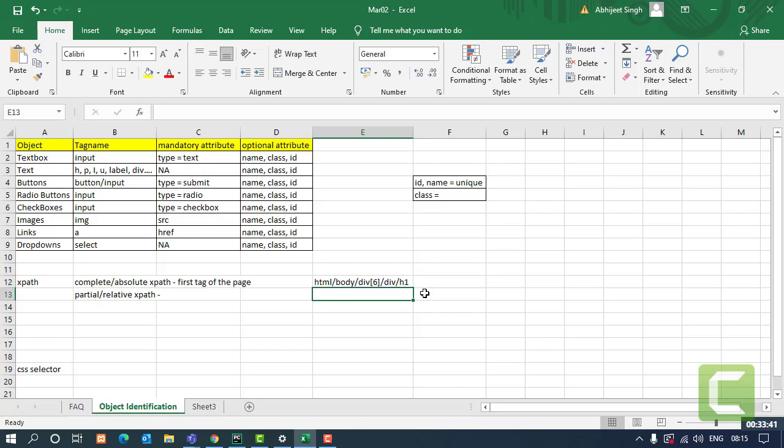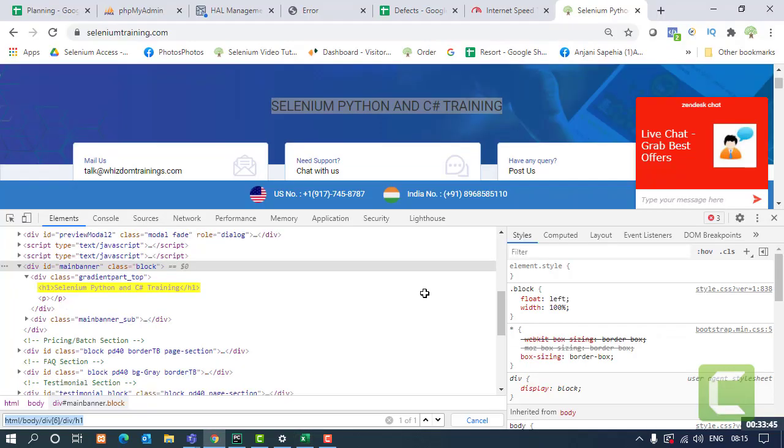If I make the XPath again for this element only, but this time I'm going to make the partial XPath. And what my partial XPath says is that the element from where I'm going to start making the XPath should have an optional attribute. So let's just make that now.